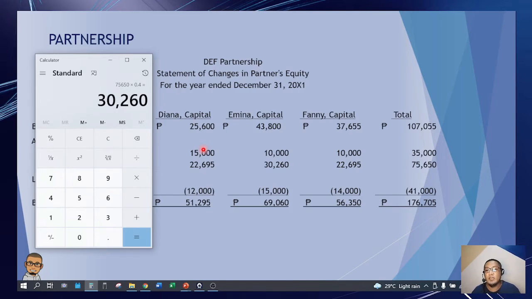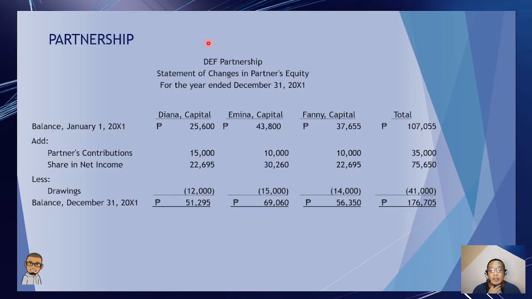Oh, kay Fanny, the remaining 30%, which is 75,650 multiplied by 30%. 22,695. Pag tinotal natin to, that is yung sinabi nilang 75,650. Okay? So, kung dun pa lang makikita nyo na kagad na based on their agreement, ang pinagbabasihan lang nila